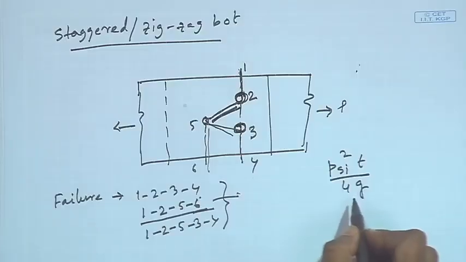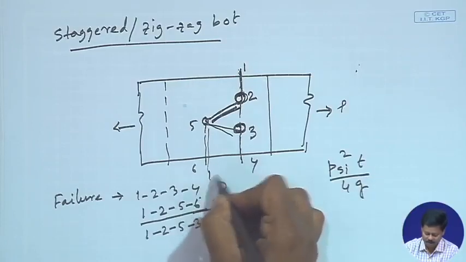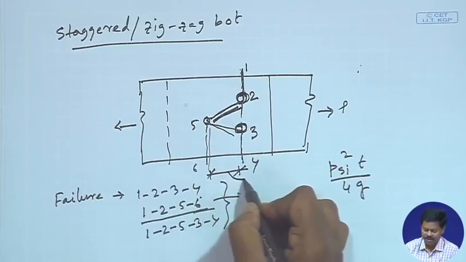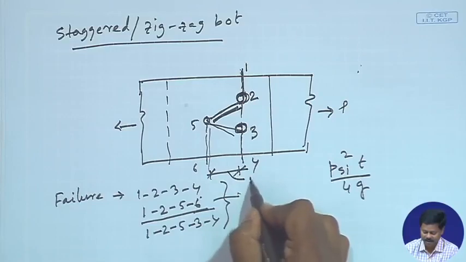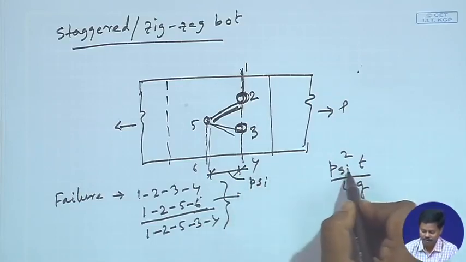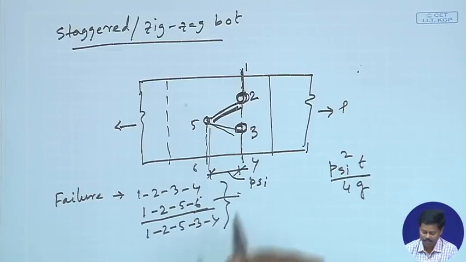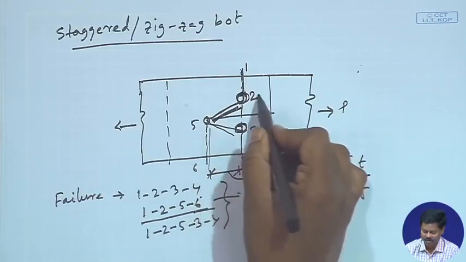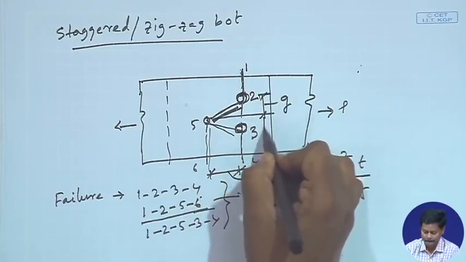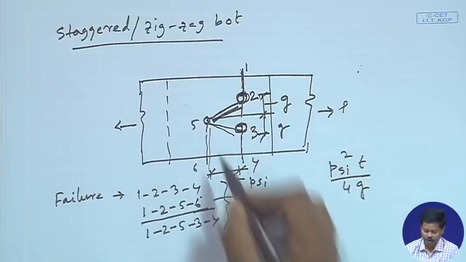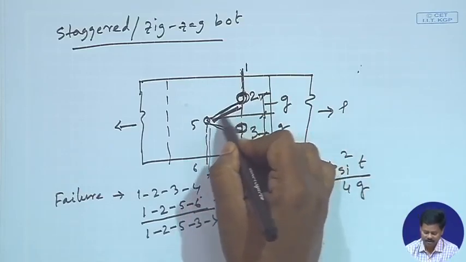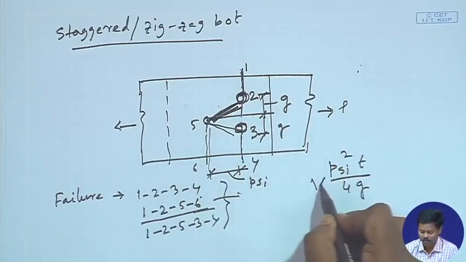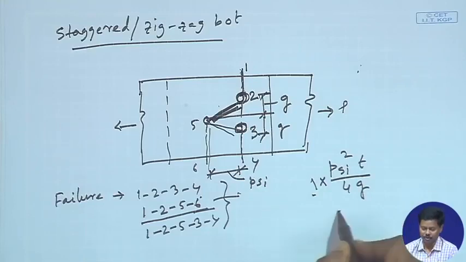So, that means here Ps is this one, that in case of staggered pitch, Ps is the pitch distance for 1, 2, 3, 4 like this, the staggered pitch, and g will be this distance, this is g. So, the number of staggered, meaning diagonal, paths is 1. So, this will be n into, meaning 1 into this, will be added.